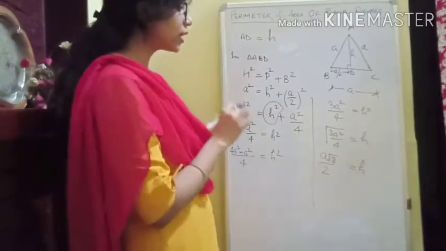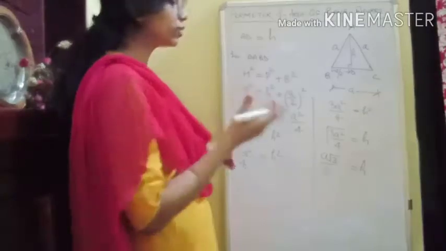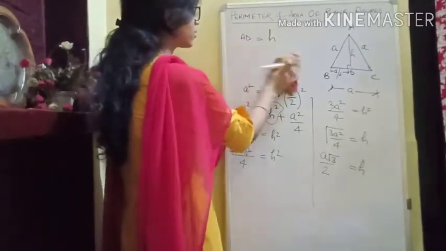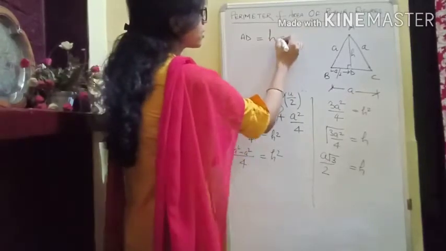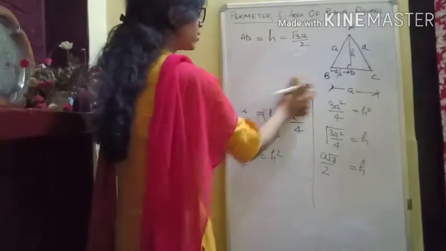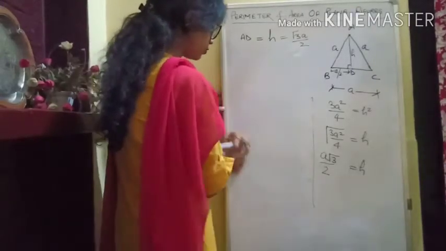Our perpendicular is a root 3 by 2, or simply root 3a by 2, whatever you wish to write. So now we have calculated our perpendicular. It is coming root 3a by 2. Okay. Now since we have calculated the perpendicular,